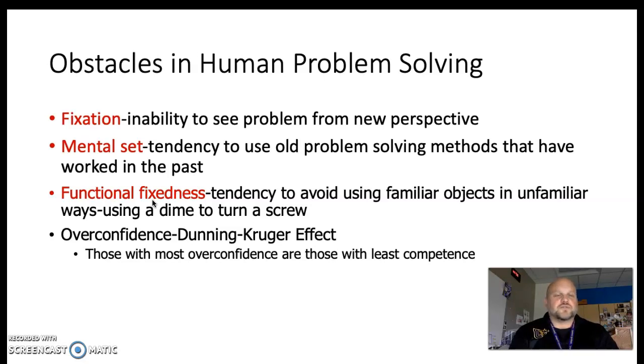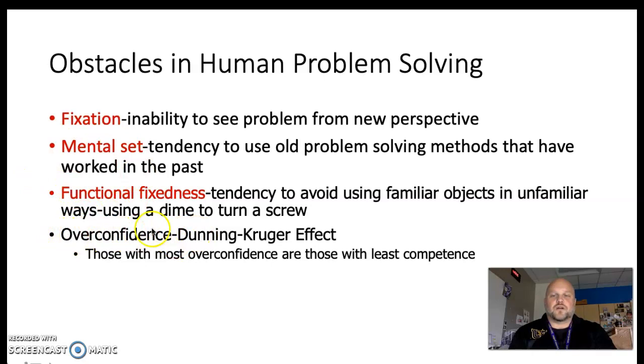And you're looking for a screwdriver, you can't find it. But all this time you could have grabbed a dime, a nickel, a butter knife, and tightened the screw that way. If you are able to think of different ways of using an object, then you would be overcoming functional fixedness. And then another